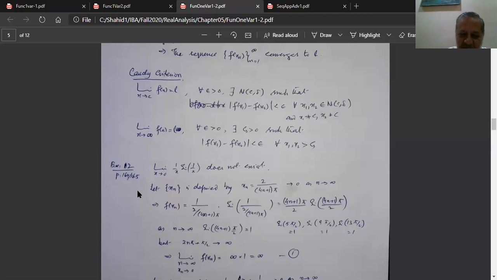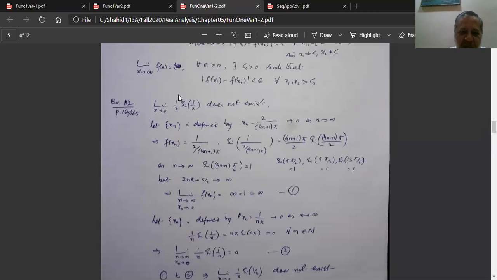Let us see this example. Limit of 1 upon x, sine of 1 upon x. We are saying that this does not exist, and we have to prove it. Now the point is that if I work out this limit, 1 upon x separately,